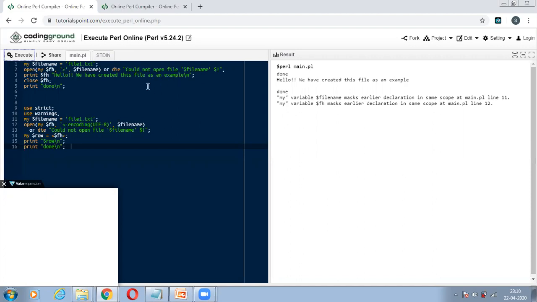If you have opened the file, you have to close that file pointer. The file pointer is always required to open a file, and once the task is done you are required to close it. So it says I am done, and then hello, we have created a file. This is how the target is achieved.